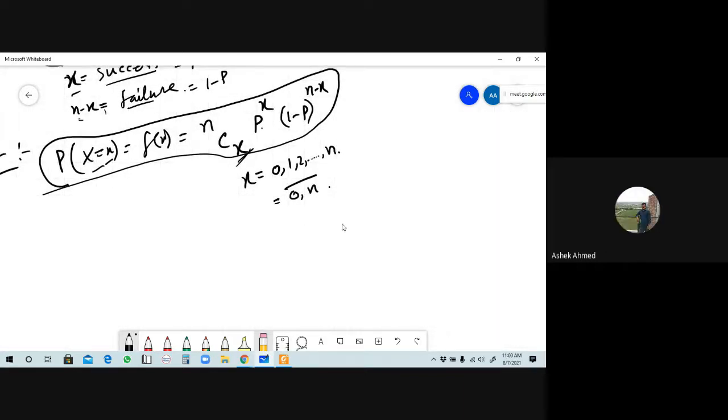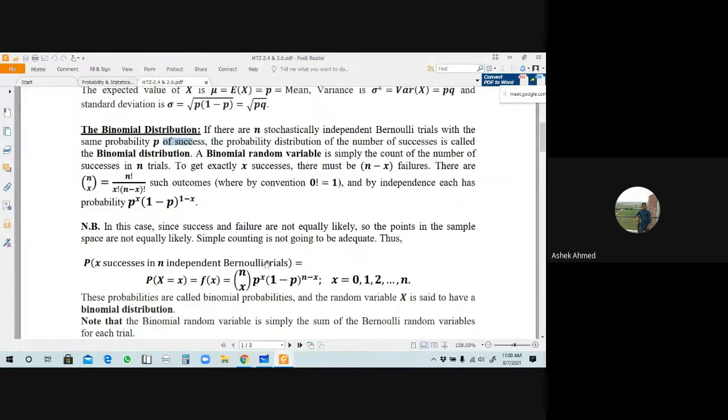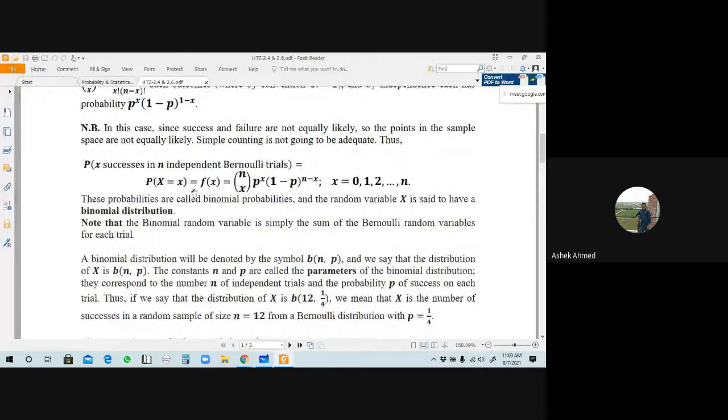So from here you have to remember that the values of x will be 0, 1, 2, up to n. Okay, this has to be remembered. Then the random variable x is said to have a binomial distribution. Note that